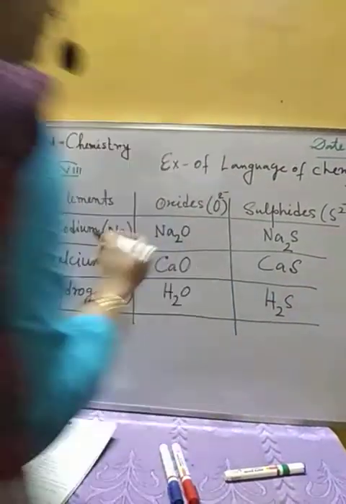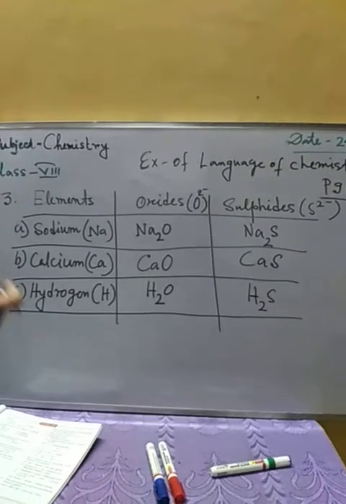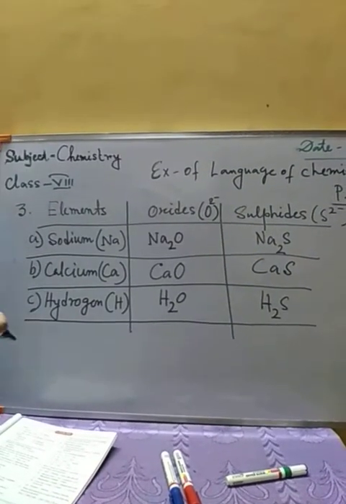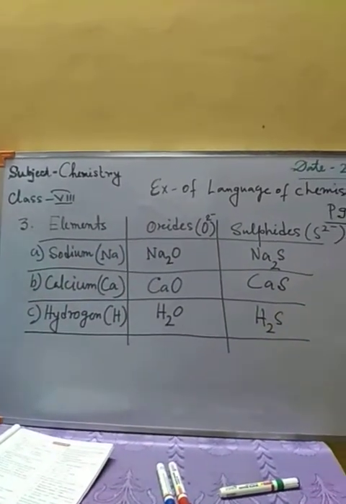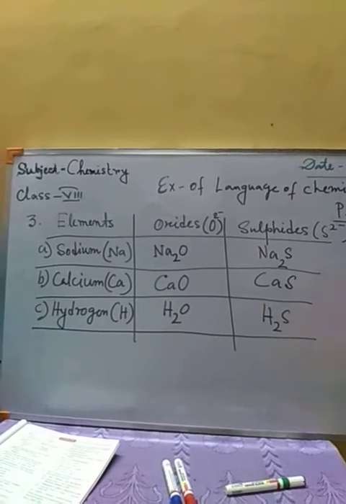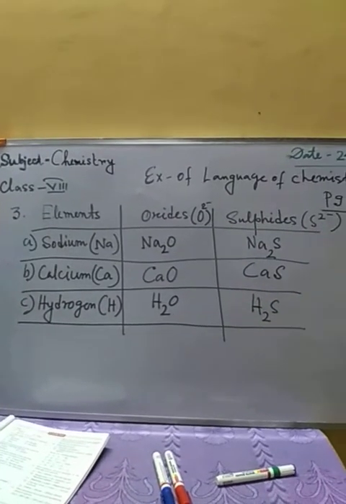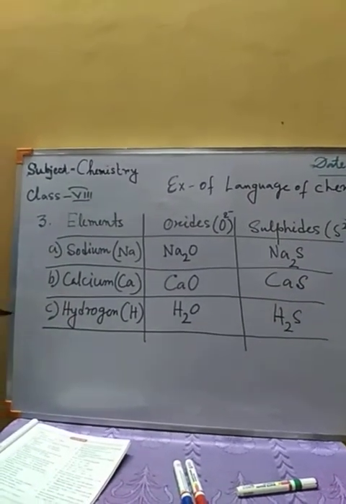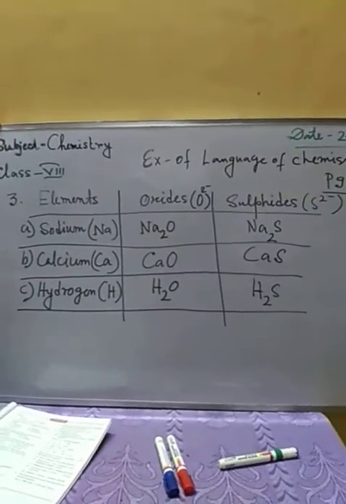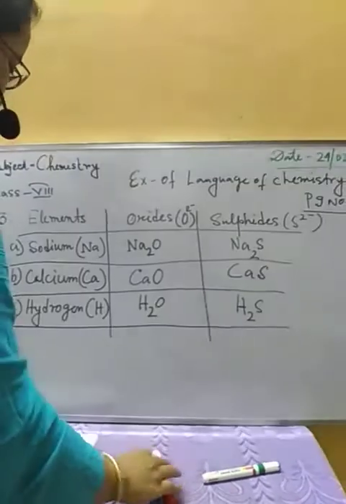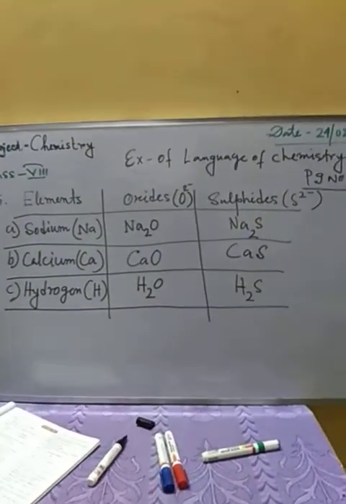So if you know the valency of the elements and the radicals, then you can construct the molecular formula on your own. These are given in the exercise. This doesn't mean that only these questions or these formulas will come in the exam. You have to know how to construct the formula, for any type of formula, any radicals, and you have to be prepared to construct the formula for any radical. Okay, so you must learn how we are writing the formulas.